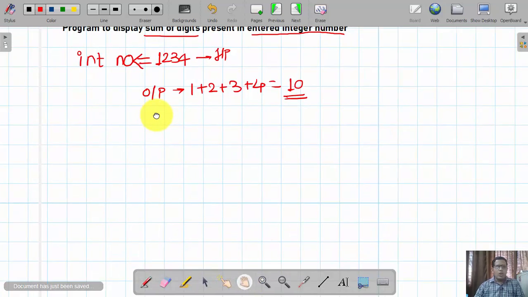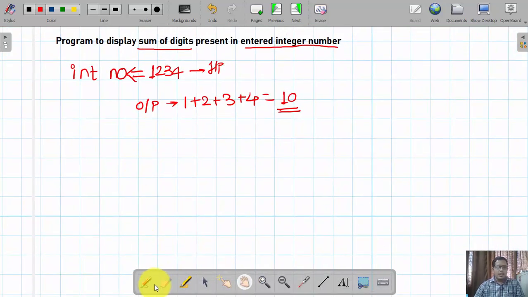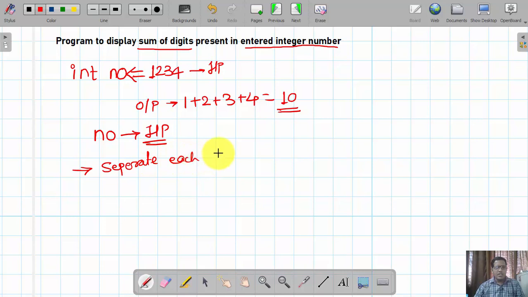So when we talk about the logic behind this, the logic is simple and straightforward. First we are going to take a number as input from the user. Then the second task that we are going to do is separate each digit.